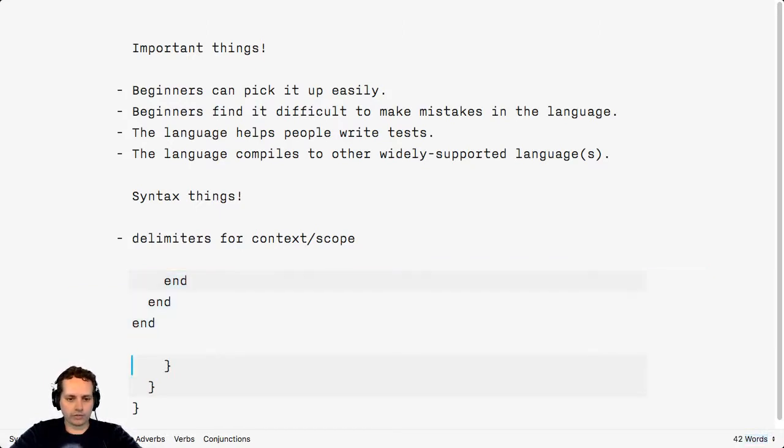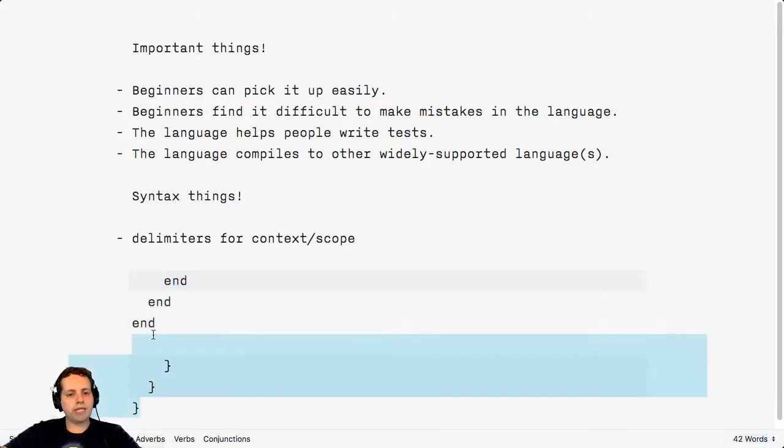People will argue sometimes that this, which is more standard for languages like Java or PHP or JavaScript, is less legible or harder to read than things like this. And I don't know that I agree with that. I don't know that it is that important.